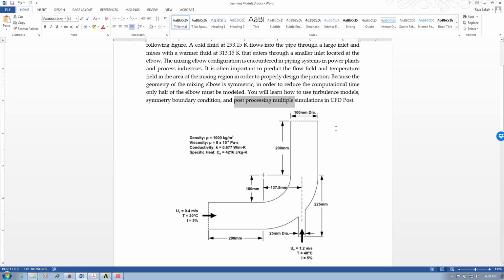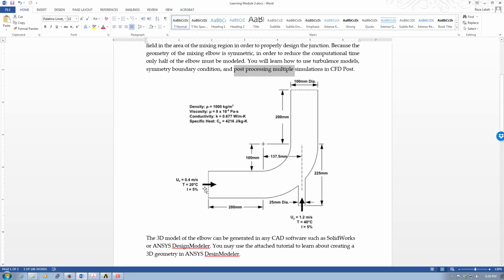Okay, so on the schematic that you see, we have the temperature in both inlets. We also know the velocity of the flow entering normal to the inlets in the larger inlet and in the smaller inlet, and we know all the geometry parameters, all the dimensions, and of course all the properties